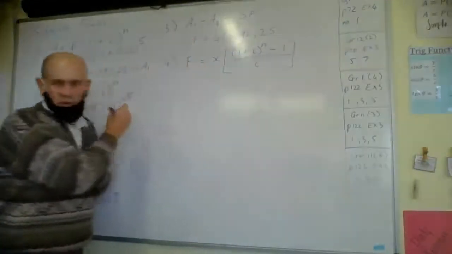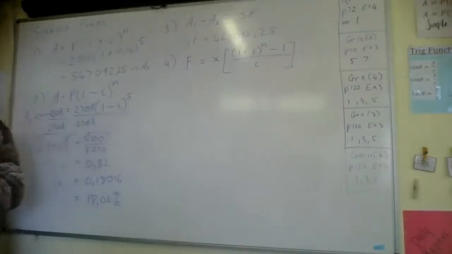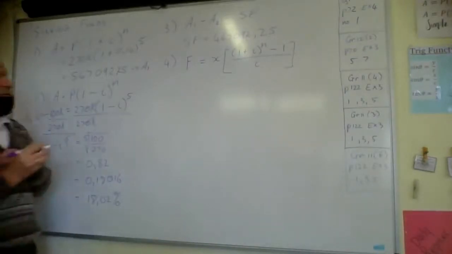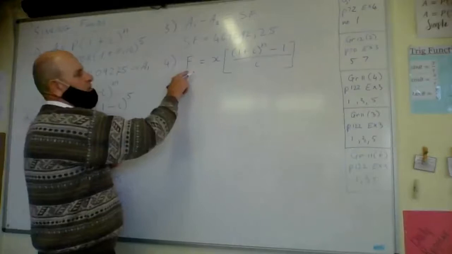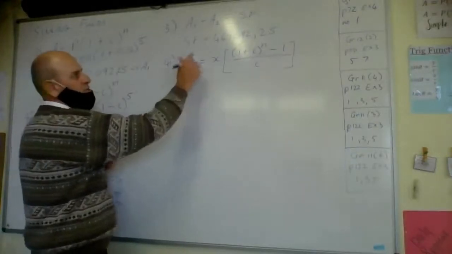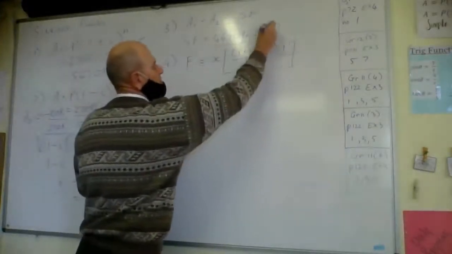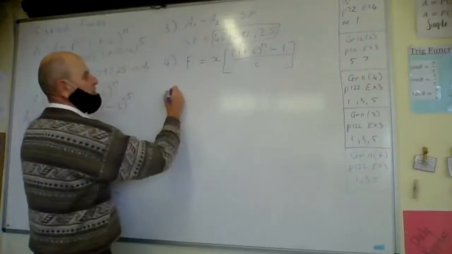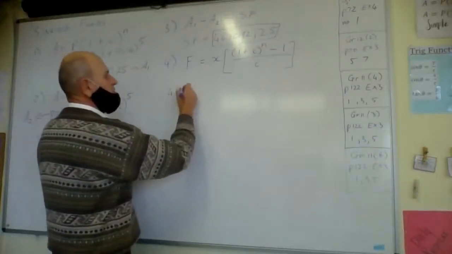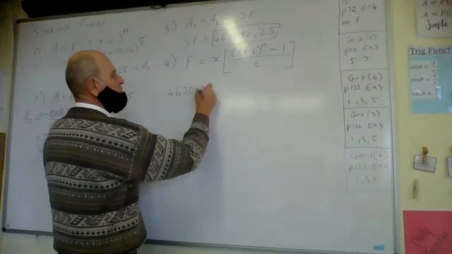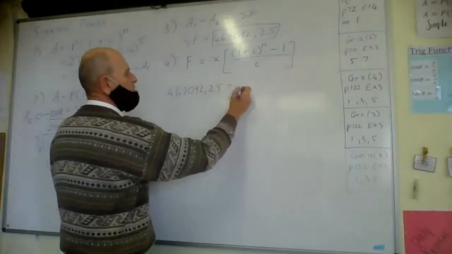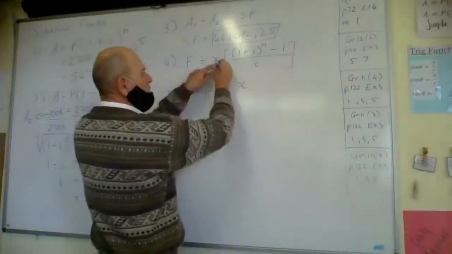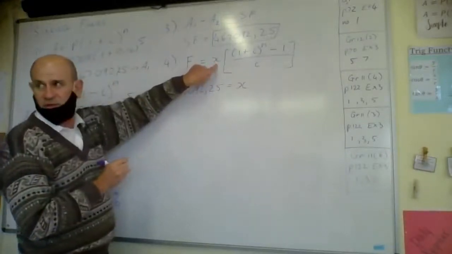That is the formula that we use now. So my sinking fund that I work towards is this value over here. So we have 467,092.25 equals x, and x is what we need to determine, the monthly installment